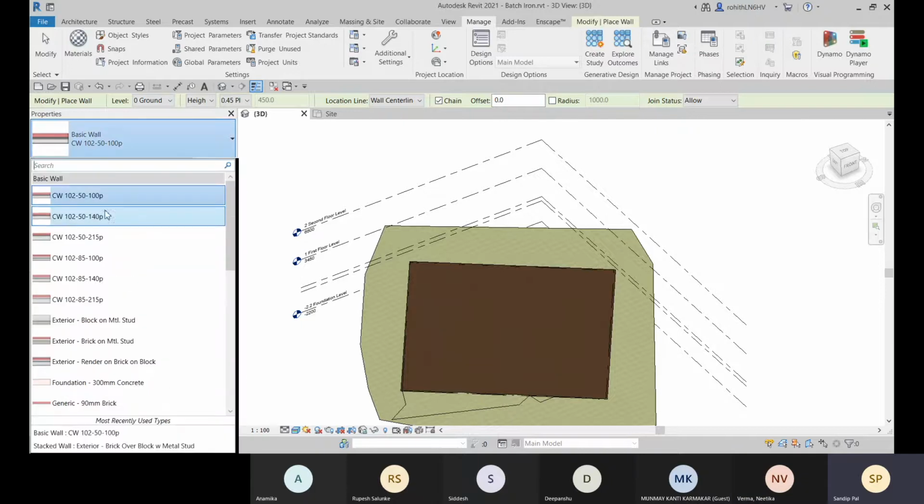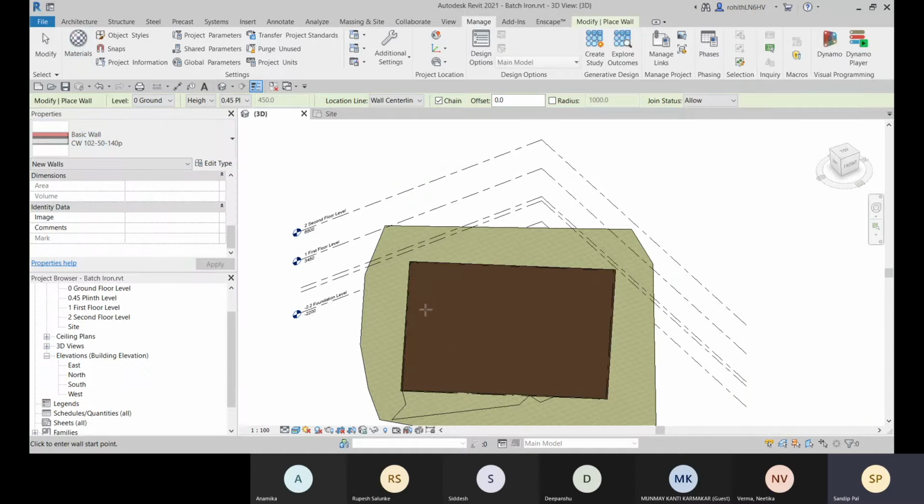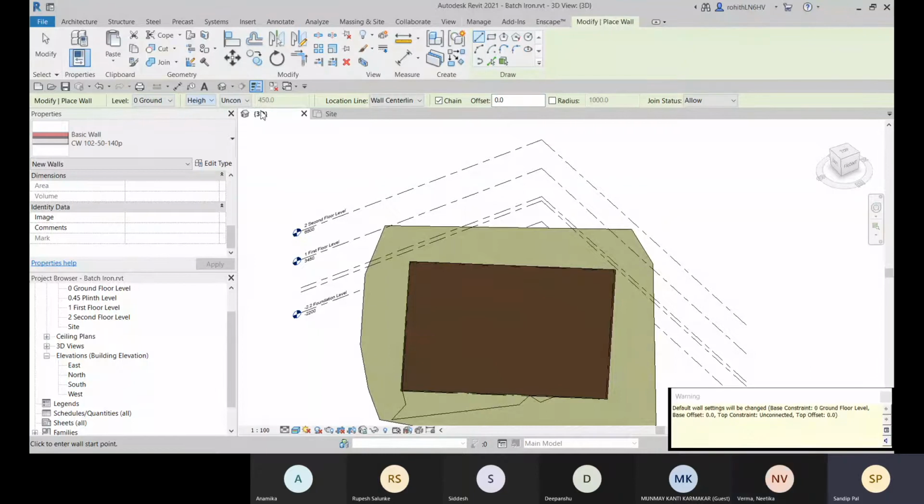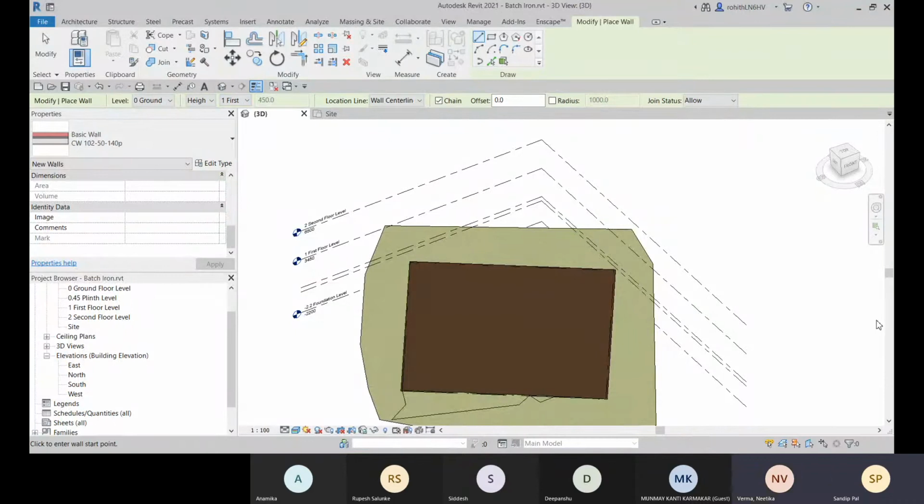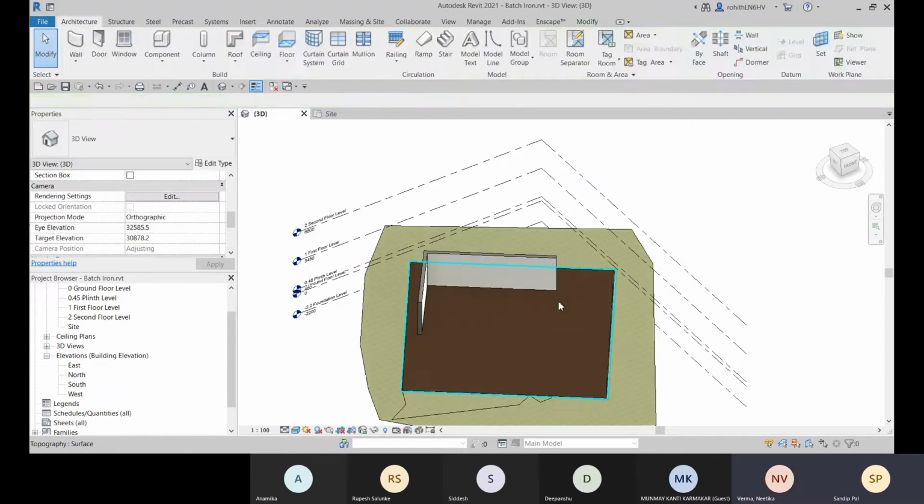Like for this wall, if I'm creating this wall, it will be placed at 0 ground level, and height, let me define the height. Height will be up to first floor. Okay, so with this wall center line, let me place this wall here, and this wall is placed.